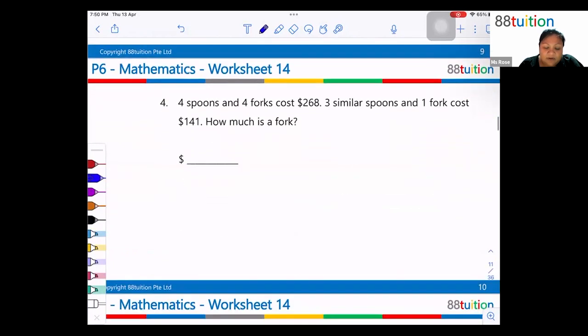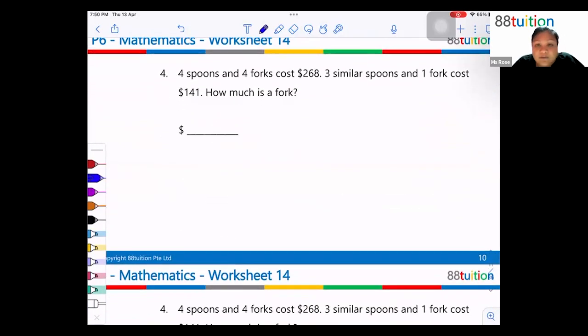Okay, now, so I'm going to look at this question and I'm going to use the letters that represent the items. So you have 4 spoons and 4 forks. That means I must add the 2 of them, 4 spoons and 4 forks, to give me $268. So then you have 3 similar spoons and 1 fork costs $141. So now, do you remember